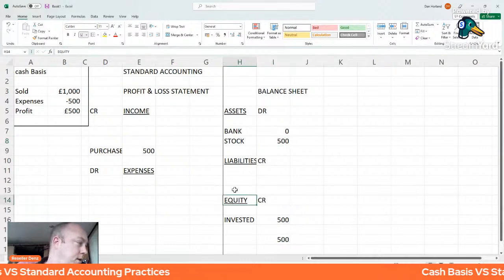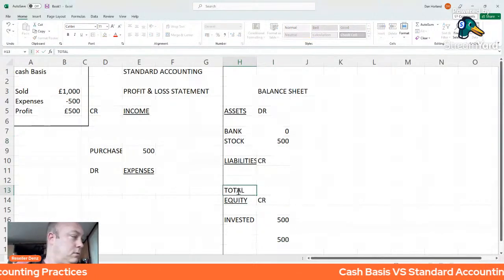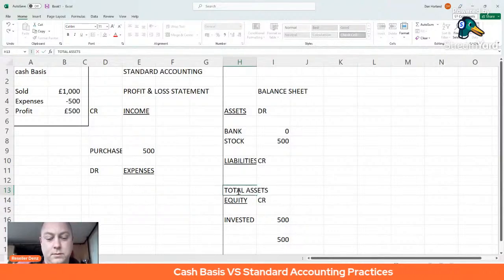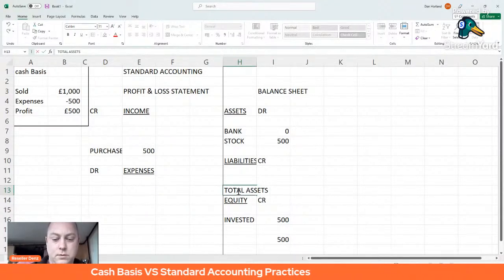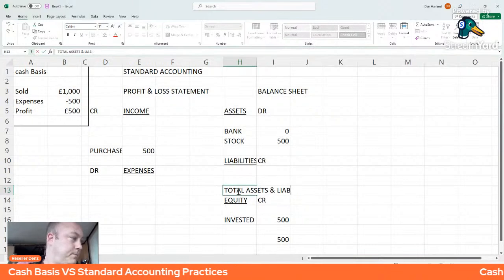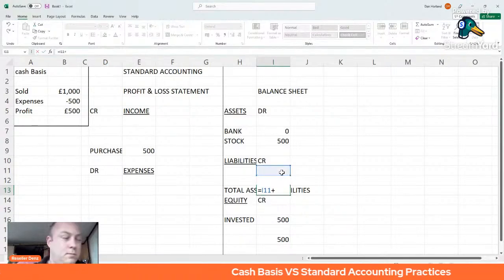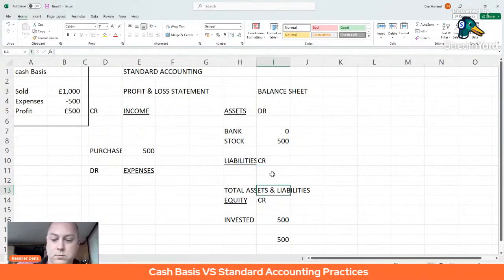To put in here, actually, total assets and liabilities, and that's going to be equals that plus equals